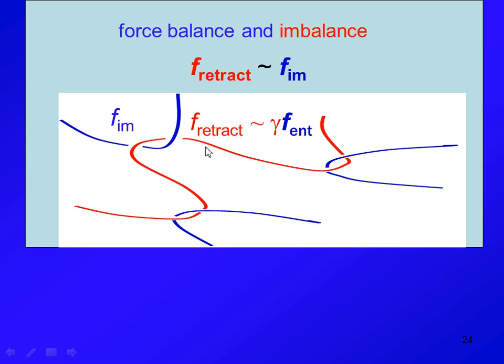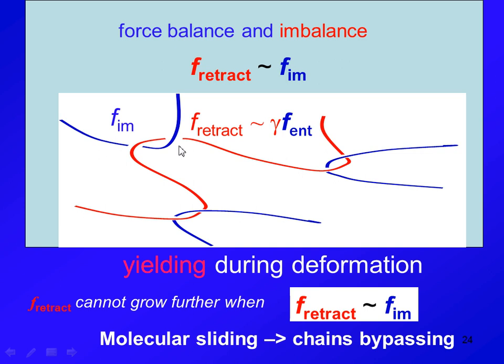So as you displace, the red chain becomes more deformed, the elastic force in the red chain grows, but cannot grow without bound. It has to stop at some point. At what point? At the point where the force provided to stretch this red chain is of a finite amount. In other words, there should be an intermolecular gripping force of a finite amount, and the force cannot grow beyond that. Beyond that, sliding has to take place,